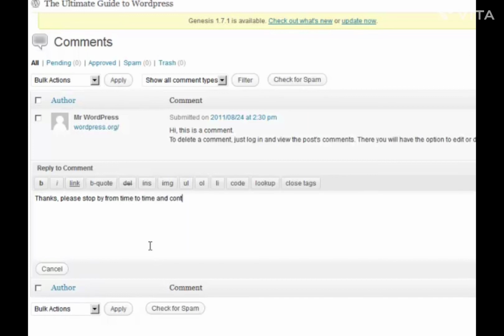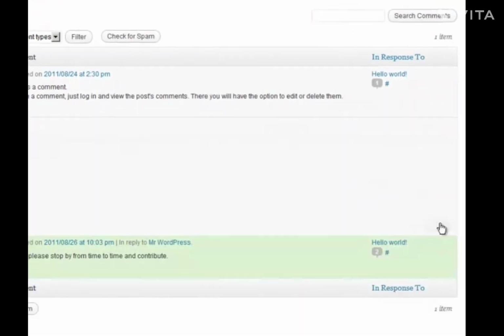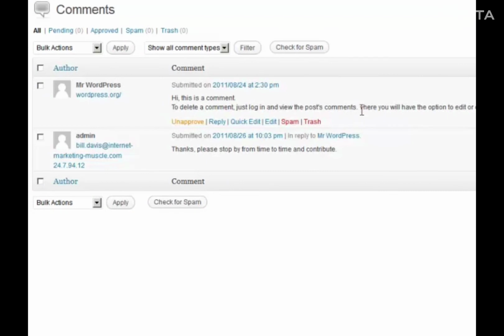And contribute. Something easy like that. Then you click reply. Now, if there was something in this comment, like sometimes your commenter will misspell a word or whatever, and it was just a mistake, you're not really trying to change their content, because I'm not big into censoring comments. You can edit the comment,